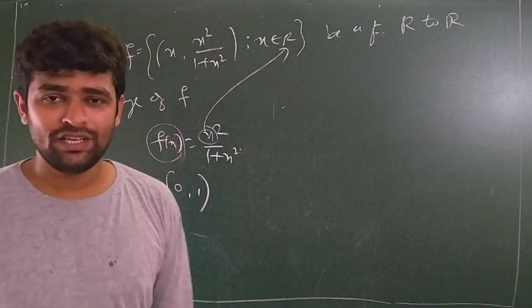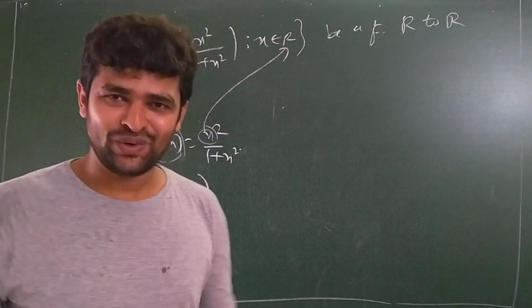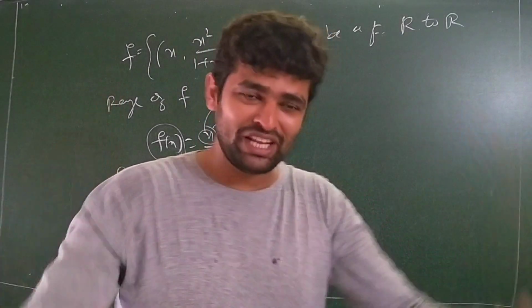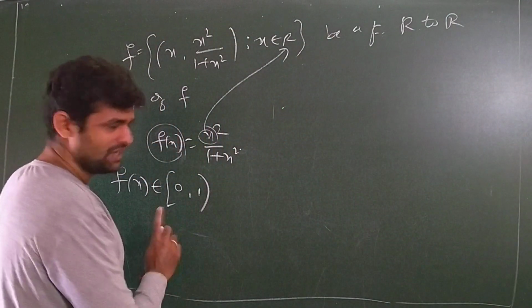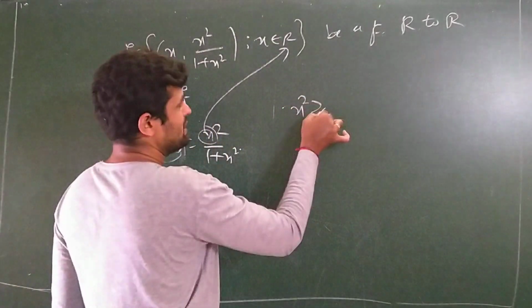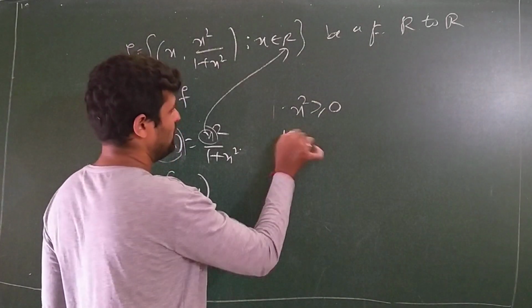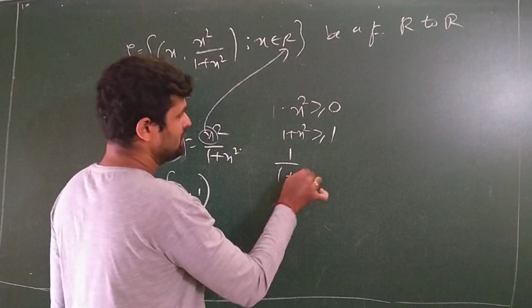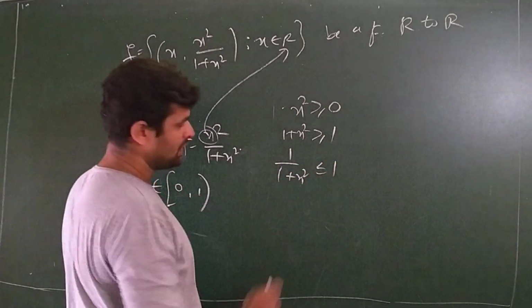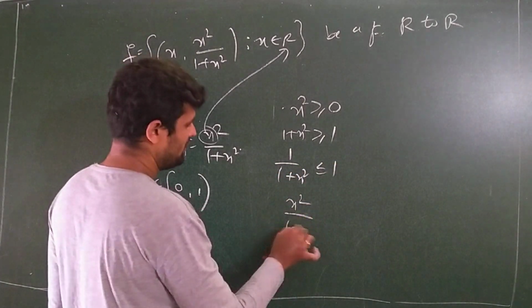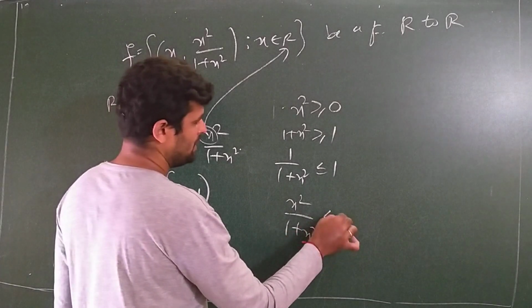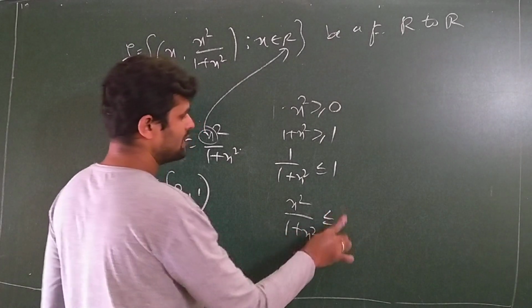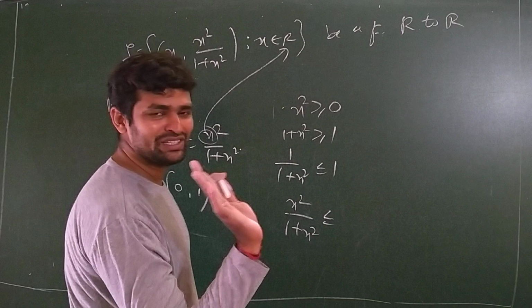There is no problem, guys. All of you understand? Yes, very nice. Okay, done. And x square is greater than or equal to 0. 1 plus x square is greater than or equal to 1. Take its reverse. Correct? So multiply, positive number again you will get. See, look at this.